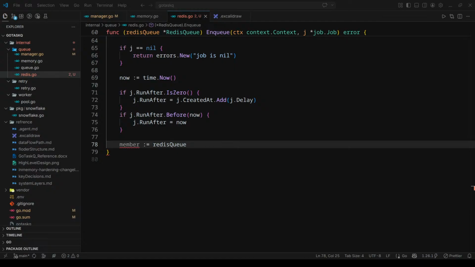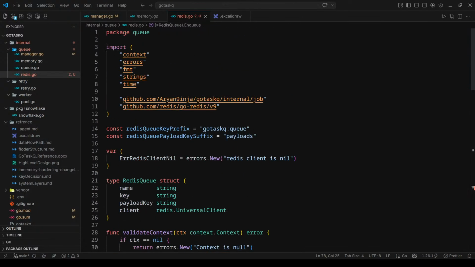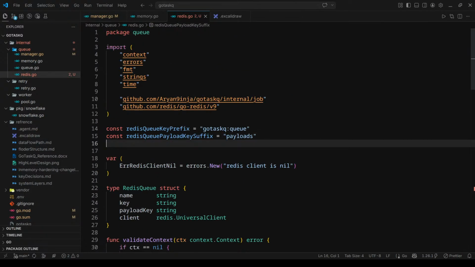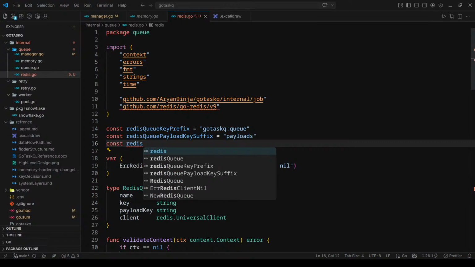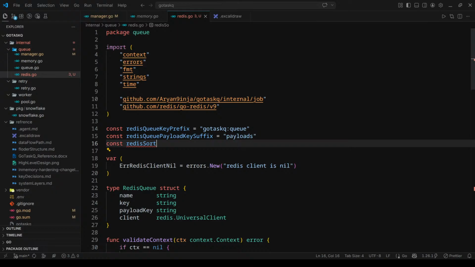So what I'll do is I'll define a field width. This is a pattern. So let me give you a pattern: redisSortableFieldWidth